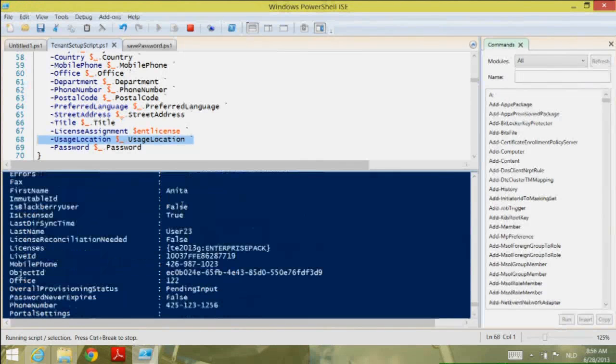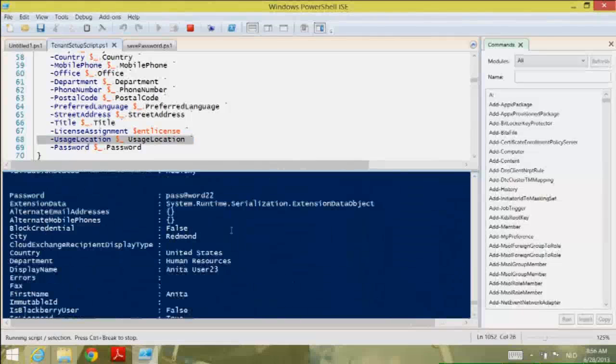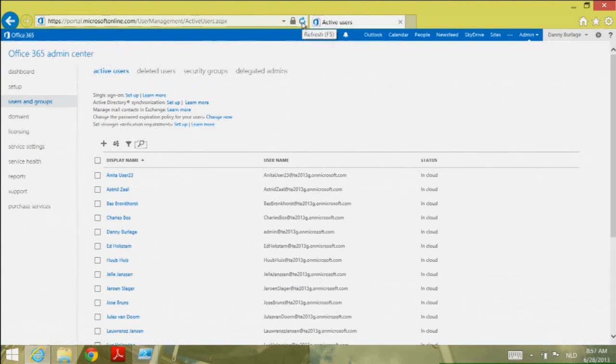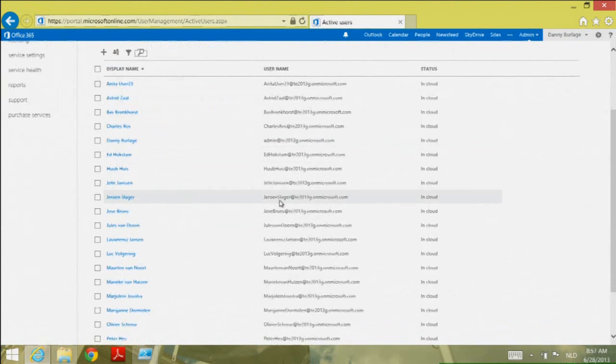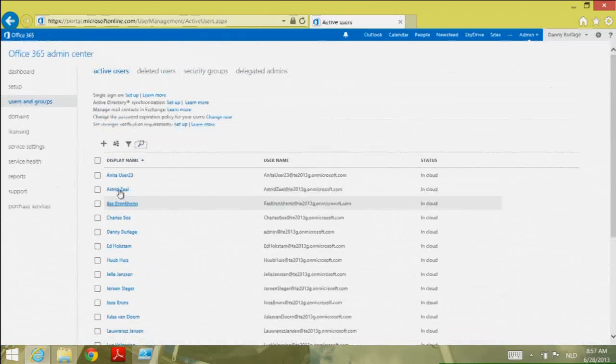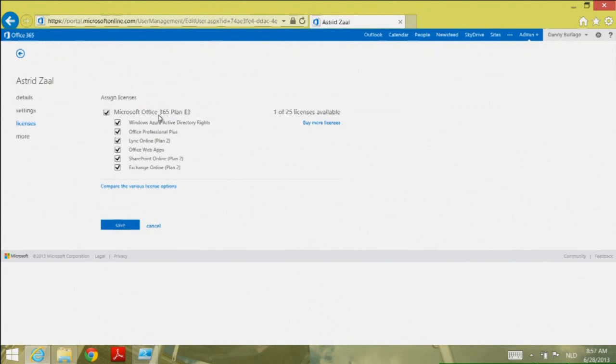All right, so I've created all these different users, and the output is being shown here. Here are the different passwords, so if you want, you can actually start logging into this environment and start playing around with one of those users. And if we go back to the environment, here was my single user. I'll hit the refresh button. And what you'll see is all these users which I've used in my script are actually created within the environment. So if I log into Astrid Zaal, you'll see that she has the Office 365 Plan E3 license connected to her. If we go to her settings,